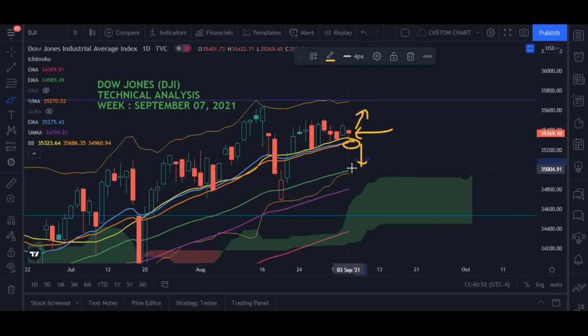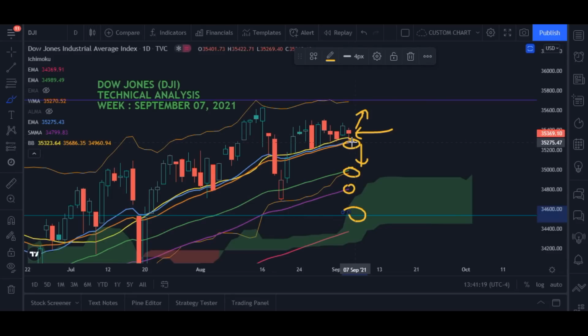It will come down to hit this moving average and also the lower band of the Bollinger bands. And if it fails to hold here, then it will hit this moving average, and finally the Ichimoku, and then finally this support. Okay, so we need to see what is happening on Tuesday, particularly just after the opening of the market,